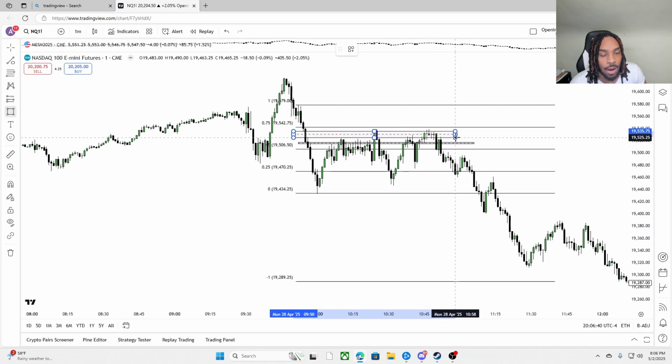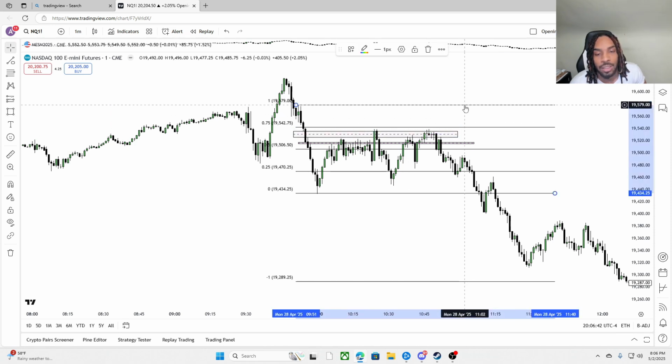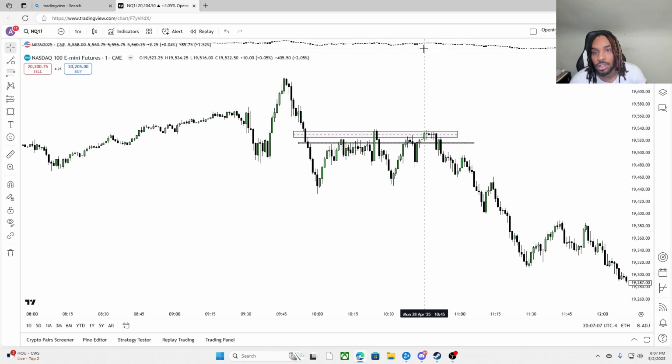The reason I'm going to use both of these is because, like I said earlier in my video, if you have two fair value gaps right on top of each other, you allow it to trade into the second one. So these two fair value gaps right here would be the ones that you look for, and you would not allow it to trade into this third one. It shouldn't trade into that third one.